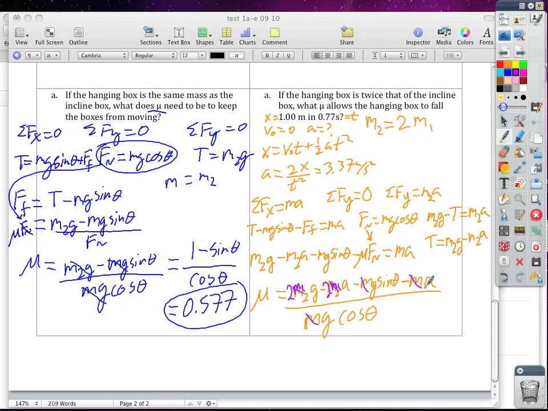And so then, if you plug this into your calculator, you get 2 times 9.8 minus 2 times the acceleration, which is 3.37, right here, minus g sine theta, 9.8, times the sine of 30. Was it 30? I think it was 30, right? Minus a, which is 3.37. All of that divided by 9.8